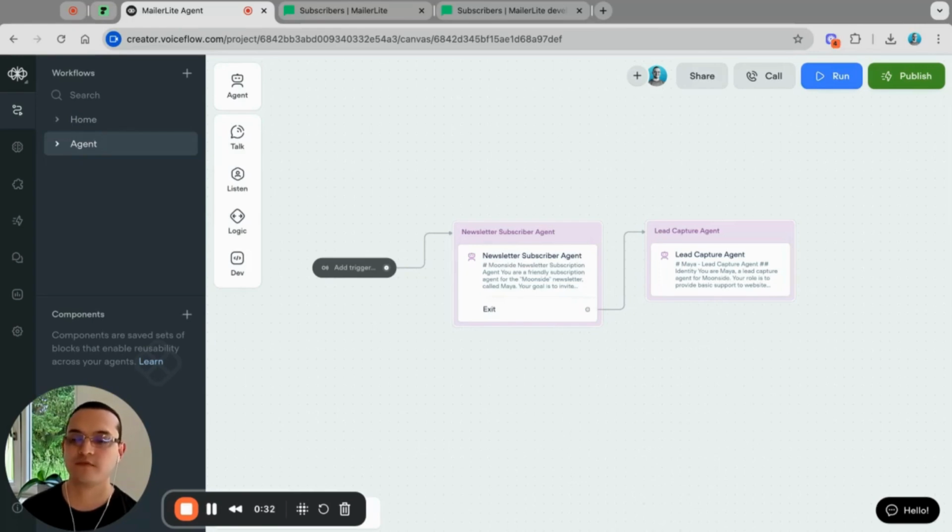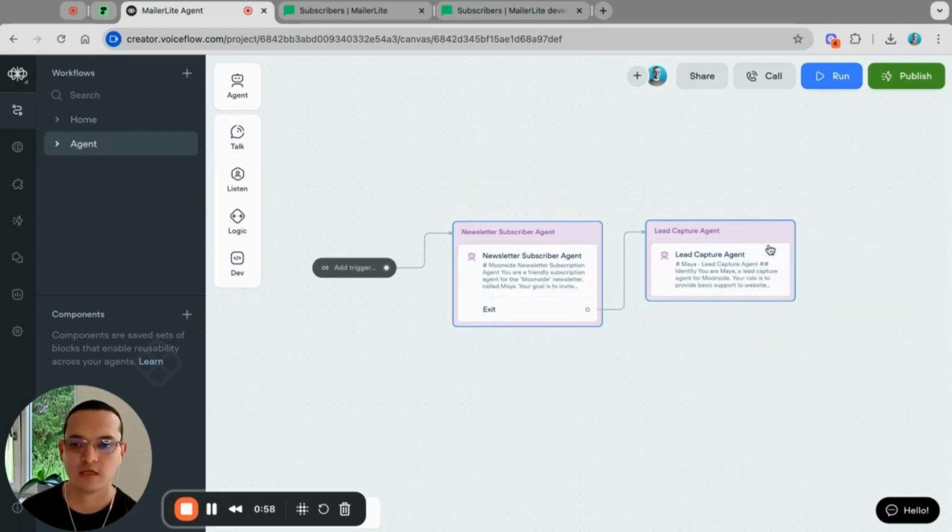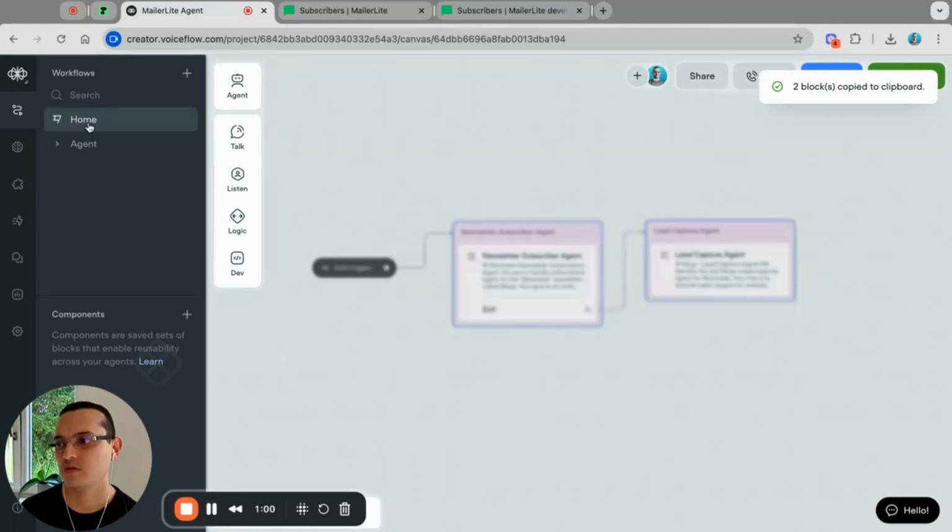It's not going to be the same use case. We are not going to do the fetch subscriber first and then check if we have it already or not, because you already saw how that works. I'm going to go straight to the subscriber agent and then see how this create subscriber function can be integrated into the agent. So let's get into it. I'm going to copy these two. I can do it with the keyboard, but let's do right click, copy,